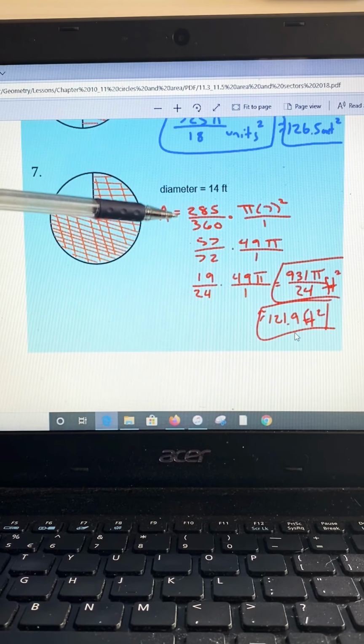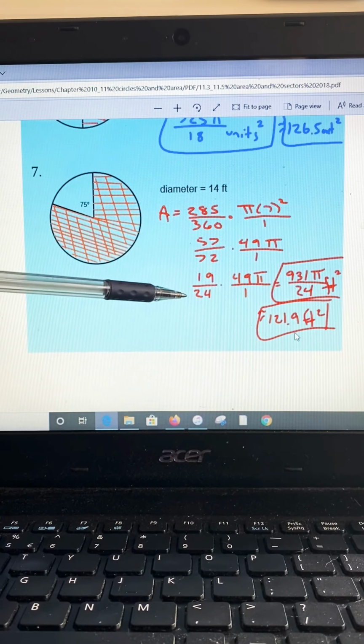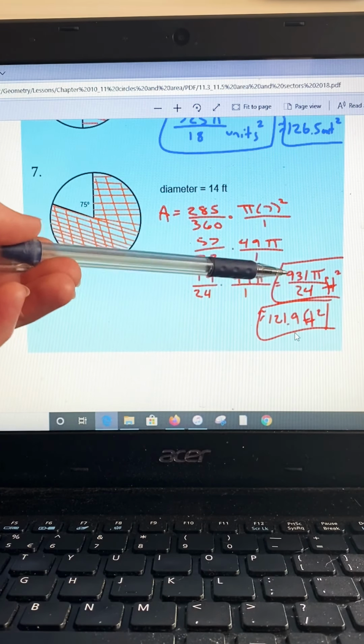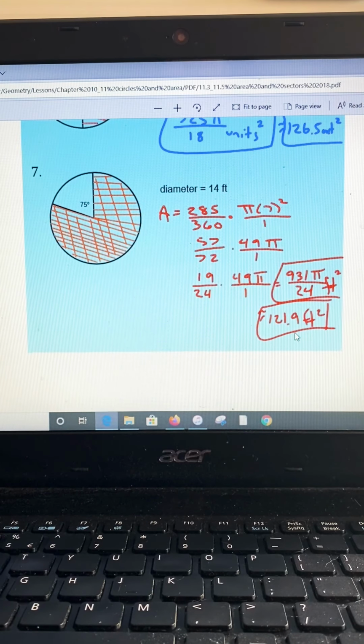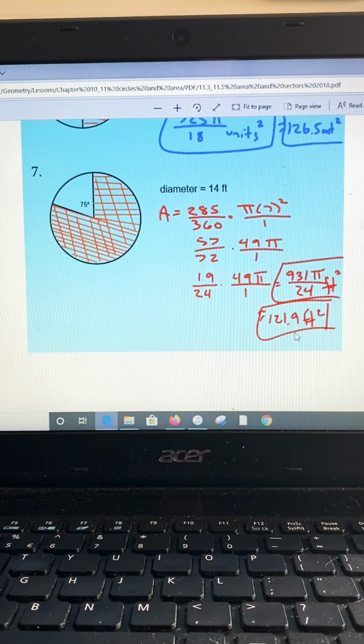I went ahead and reduced this first fraction to get 57 over 72. I, in fact, didn't pick the highest GCF because it reduces again. So this becomes that, and then I multiplied straight across, and I got 931 over 24. That does not reduce any further. So that's my exact answer. And the nearest 10th answer is 121.9. So now you should